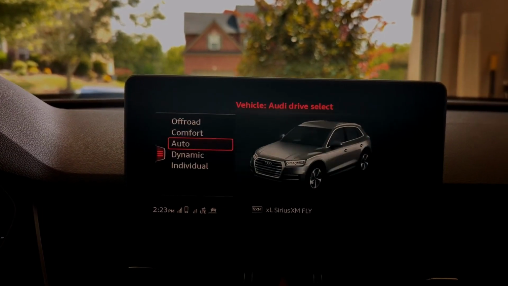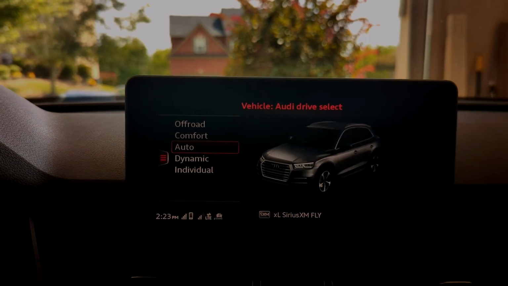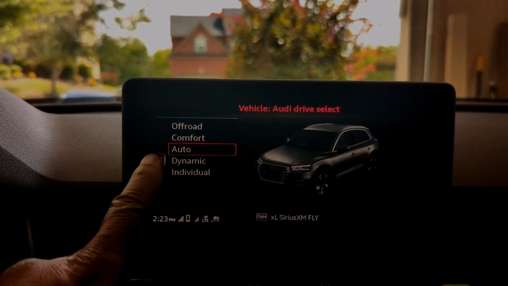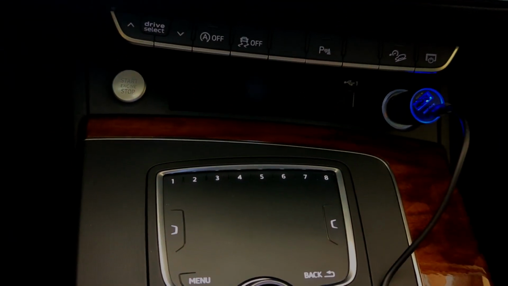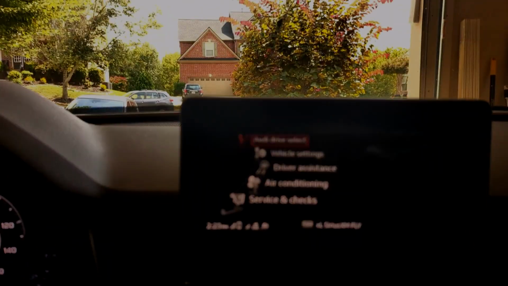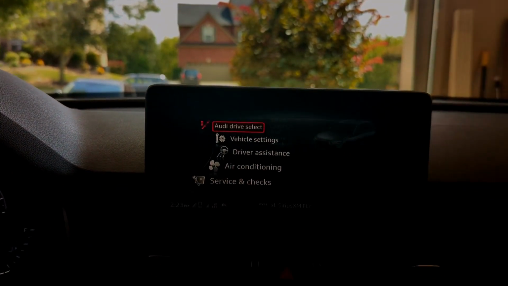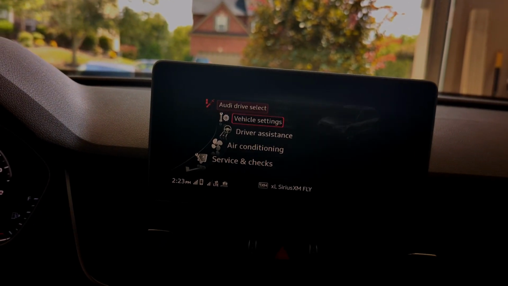designation. So I'll press enter. Now once we get into that vehicle designation, you can see the little red tab here on the side. So in order to go into that, I'll hit the left button on my scroll pad. After I hit the left button, you can see it brings me into a different menu. So now if I scroll down,